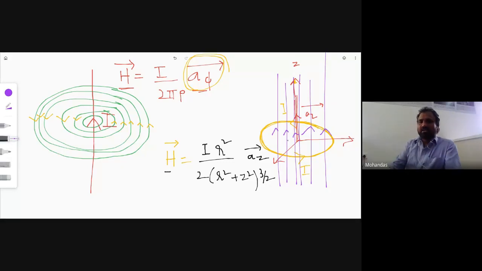Now here, in the case of the straight conductor, listen carefully. In the case of a straight conductor, the magnetic field intensity is in the direction of A phi. In the case of a circular conductor, the magnetic field intensity is also in the direction of A phi here. Now, the circular loop carrying a current. In this case, the thumb rule parameters are different. In the circular loop case, we have a circular loop which carries a current I, and the direction of the current is anti-clockwise.